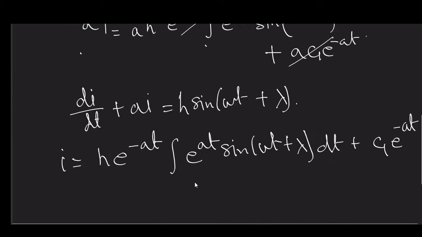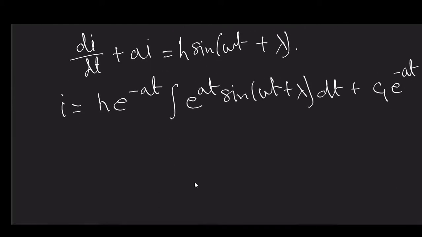Now here you can spot two parts. One is an integration of a sinusoid with some exponential part. However, if you proceed, what you will observe is that this steady state part,